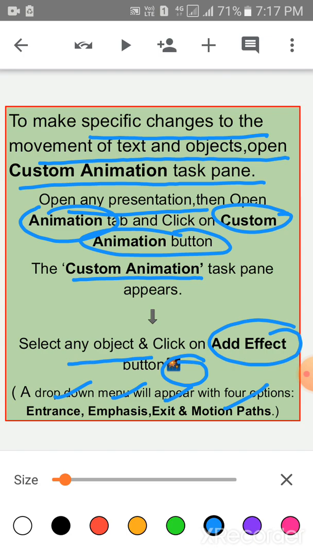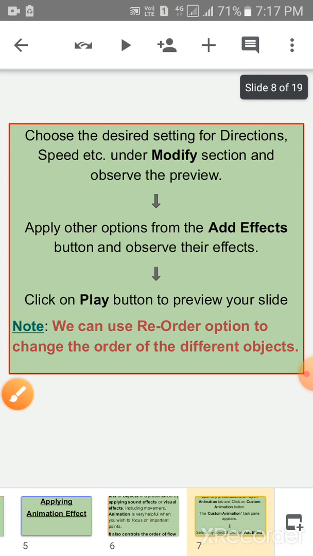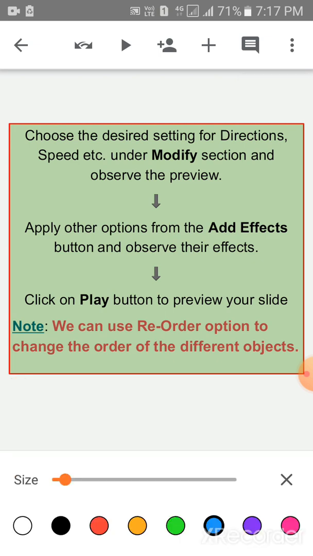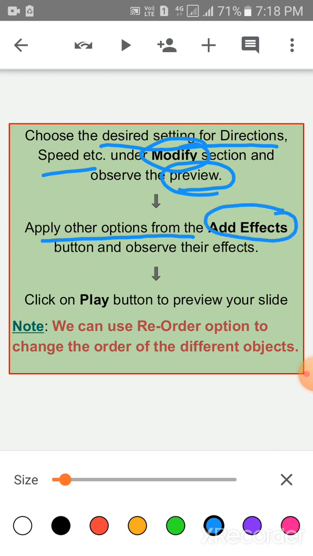Now, children, choose the desired setting for the direction, speed, etc. under the modify section, and observe the preview. You can see your animation effects in the preview. After that, apply other options from the add effects button and observe their effects.